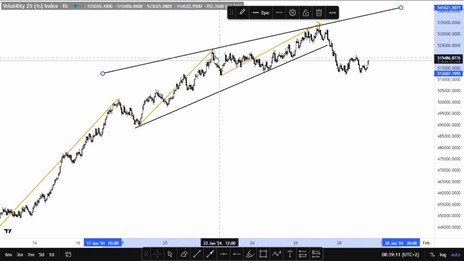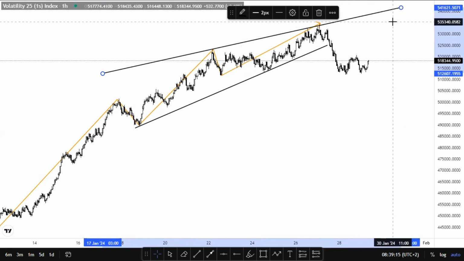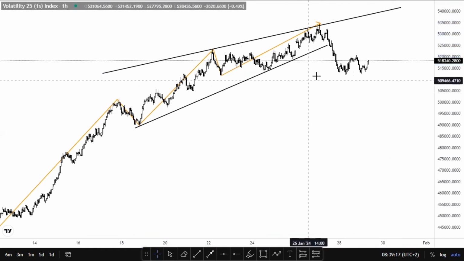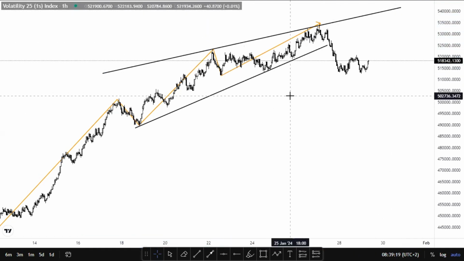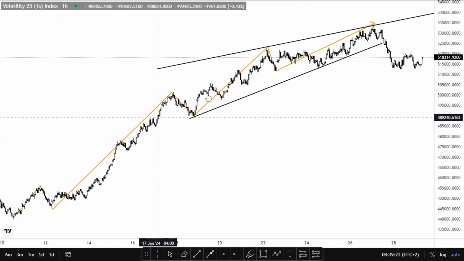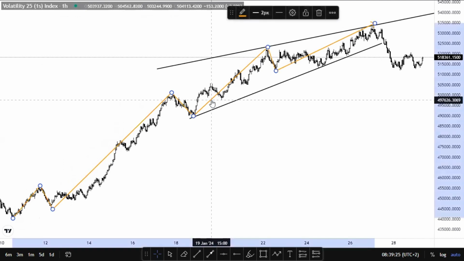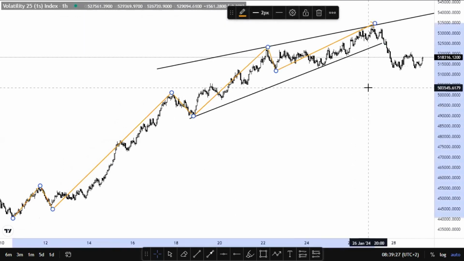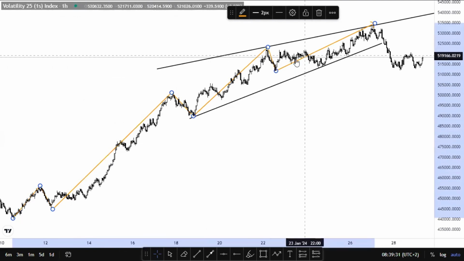Okay, so yeah, first touch, second touch here, and then third touch is right about somewhere there. So when you put it like this, it makes sense. But the main thing here is this part, the orange part that I've made here. This is the one that you want to actually follow, because this one is the one that is telling us